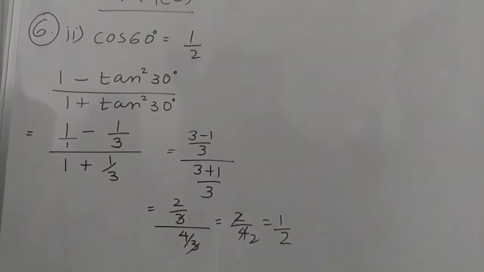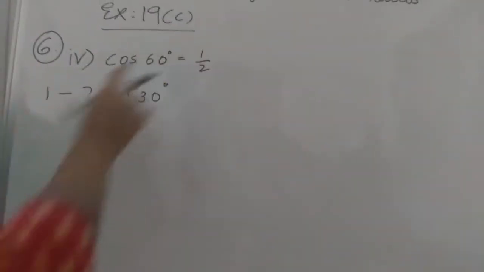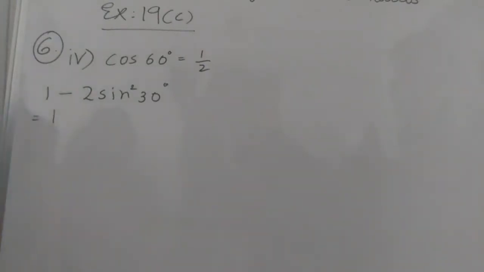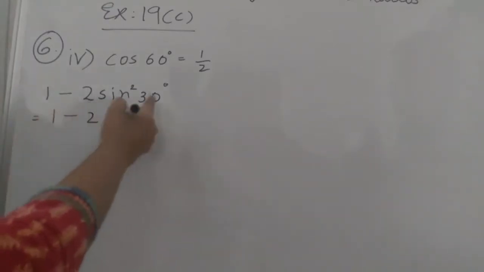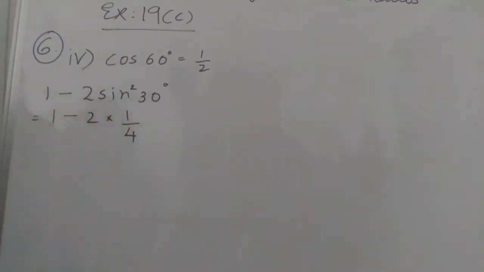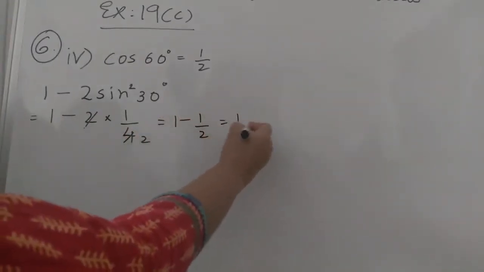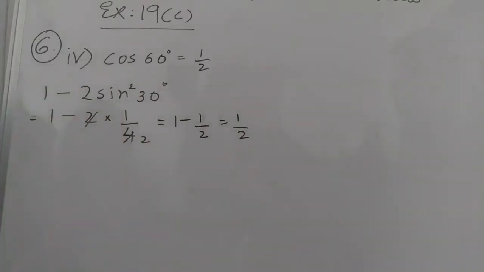Similarly, you can solve first number. Now question number 6, I am taking fourth part. Third and fourth are again a similar type. So in fourth part again there are 3 parts: left hand side, middle and right hand side. Cos 60 value is 1 by 2, we all know. So I have written the left part. Then the second part, that is the middle part, I have written here already. Now 1 minus 2 sin square 30. Sin 30 is 1 by 2 and squaring it, 1 by 4. So this cancels. 1 minus 1 by 2 is 1 by 2. So the middle part is also solved.